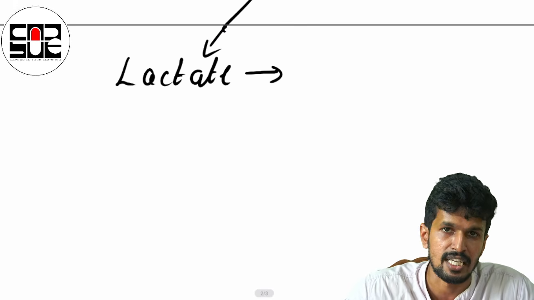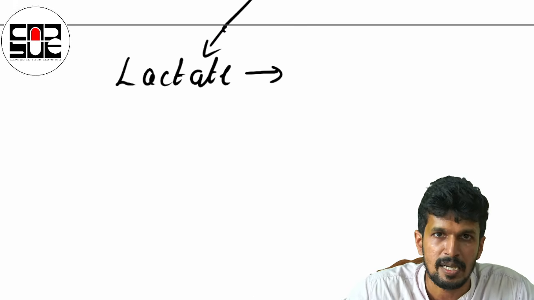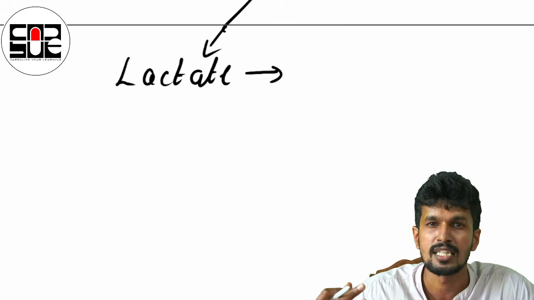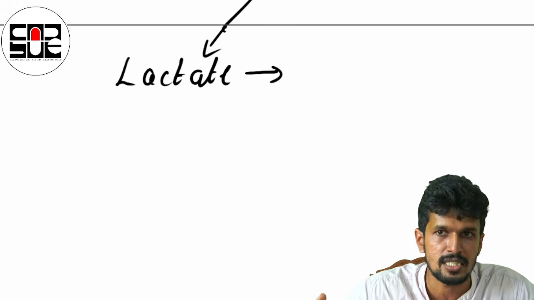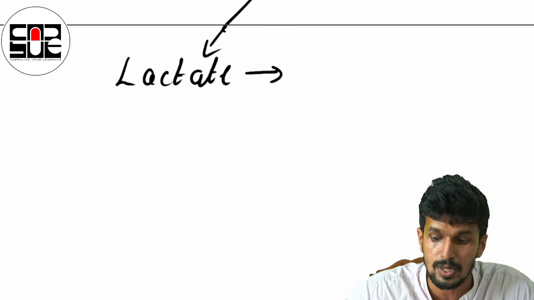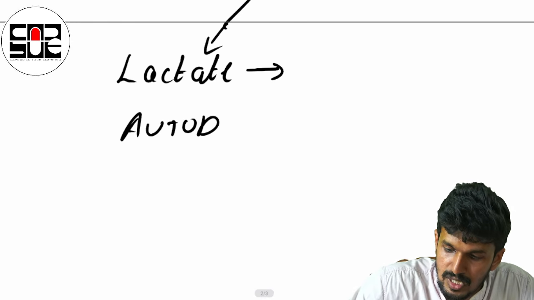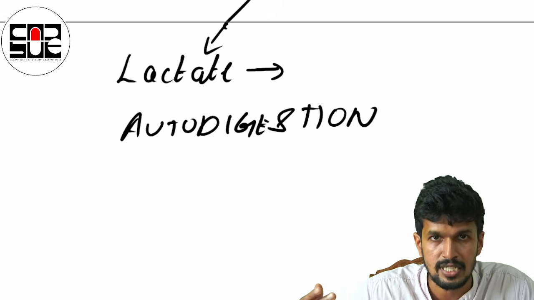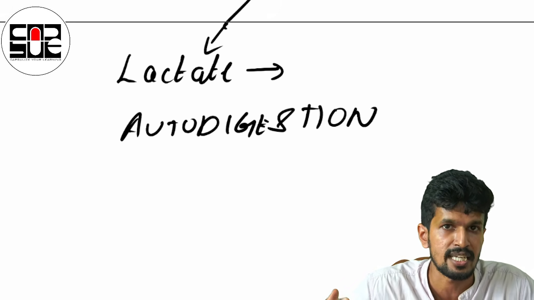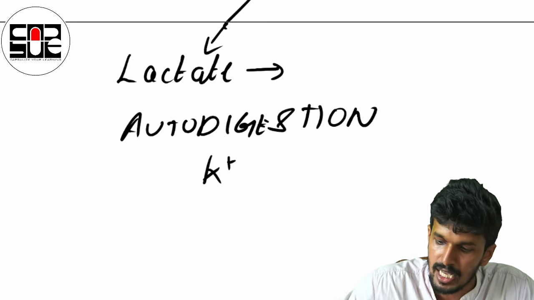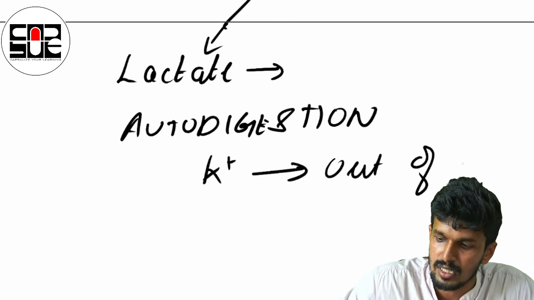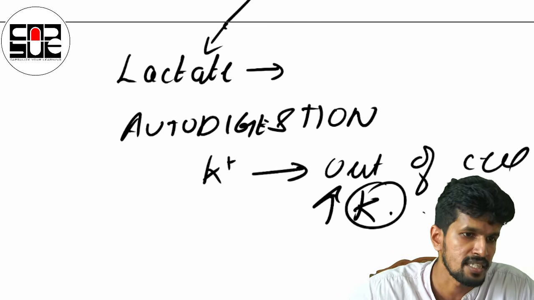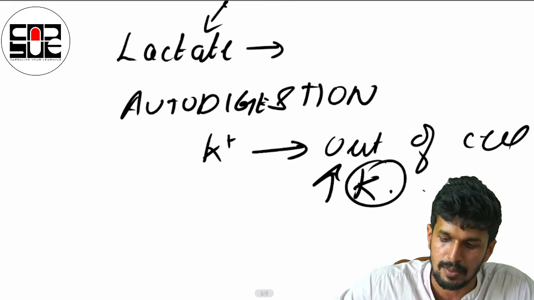On further worsening, the glucose supply to these cells gets depleted. The cell is deprived of glucose, and the cell membrane channels, the sodium-potassium ATPase and all such helping channels, get depleted, and the cell goes into a state of autodigestion and release of intracellular contents. The most dreadful thing is the electrolyte present in abundance in the intracellular compartment, potassium. Potassium gets released out of the cell, and that can lead to hyperkalemia in the long term. These are the two things which happen at the cellular level when it comes to shock.